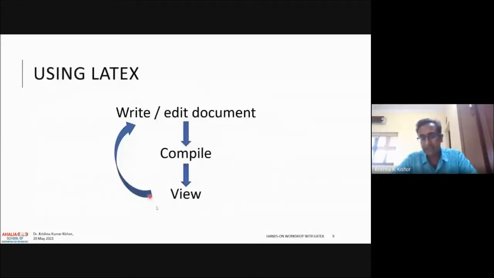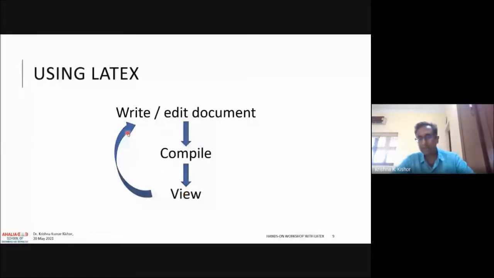right? And if there is any mistake you have made when writing this document, it will catch it during the compile phase. Maybe some LaTeX command may not be correct, or maybe you forgot a bracket somewhere, or maybe you forgot a slash somewhere. Then it will catch it at compile time, and it will tell you where the mistake is. So you edit it, and then you compile again, and then you view it, and then you find that, oh, there's a mistake, something over here, maybe I need to change something. I can come back and revise the document, and then you recompile it.